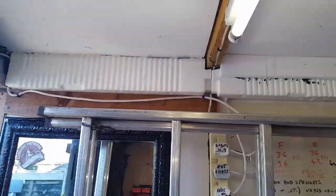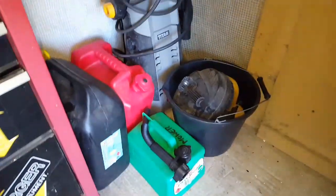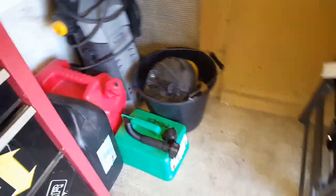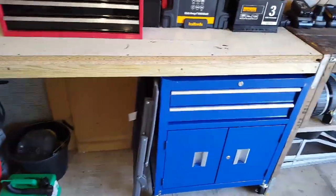Polystyrenes to finish off my corners. I don't know why I've done that, but I think it was just to get rid of polystyrene. So anyway, that's that. Down here is, as you can see, fuel cans, pressure washer, stuff for pressure washer, stuff for car cleaning and that. One patio chair which shouldn't be in here, but